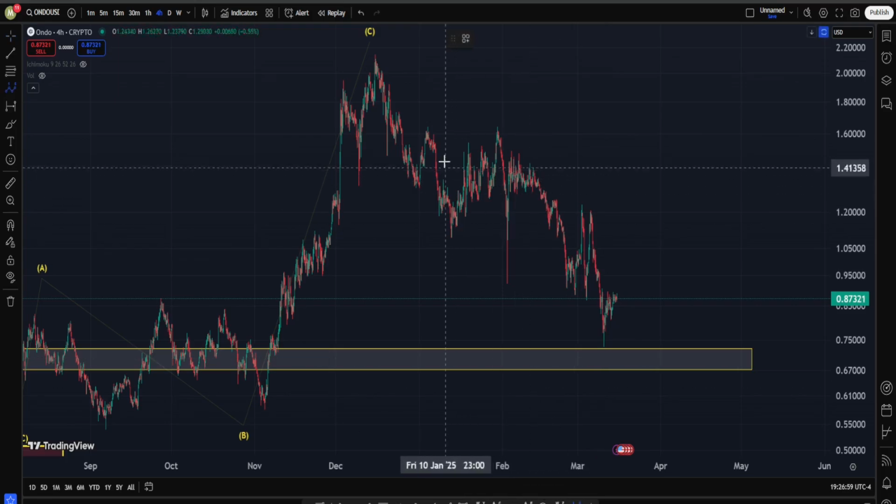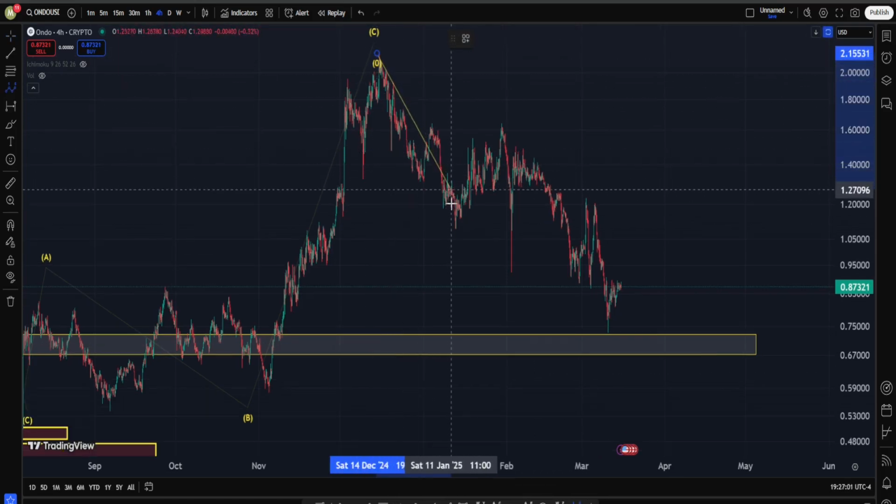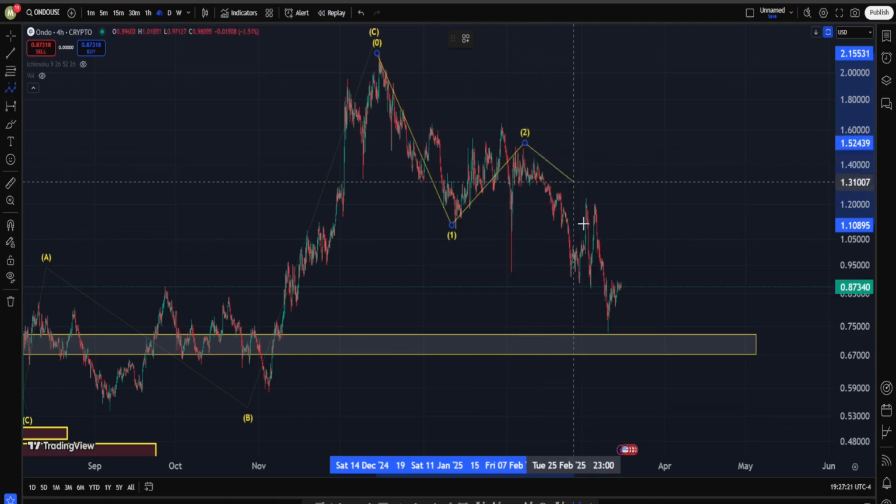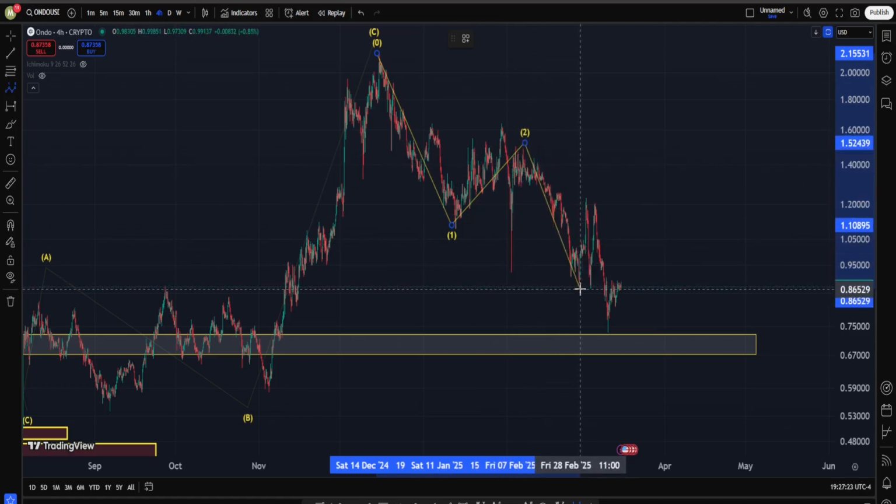I am thinking in ONDO, we may have a wave 1 to about here, correction for wave 2 to around this area, and this shadow doesn't actually exist when you go on some other charts from different exchanges. So I'm going to say this wasn't that much of a deep move down, and for example for wave 2 we can have an ABC running flat, and then the end of our wave 3 is probably going to